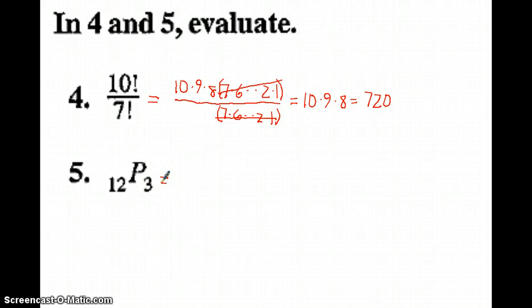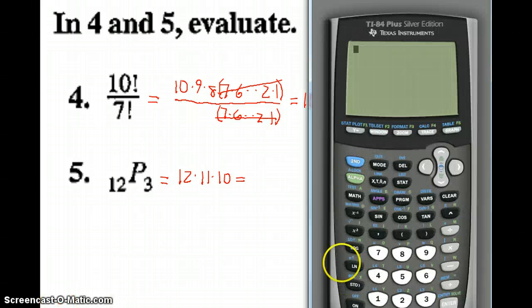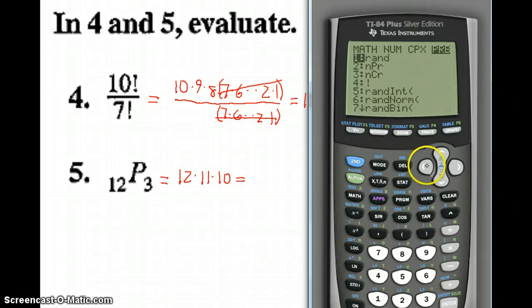This one, 12p3. Gosh, you could just put this in your calculator, but you know what? This looks a whole lot like this. It's saying take 12 factorial, start writing 12 factorial, and just do the first 1, 2, 3 elements of that. The first 3 numbers are 12 times 11 times 10. I don't care to do that without a calculator. Okay, I got a new calculator here, so 12, it's a lot faster than the other one, times 11 times 10 is 1320. And you notice, also, you could have easily done